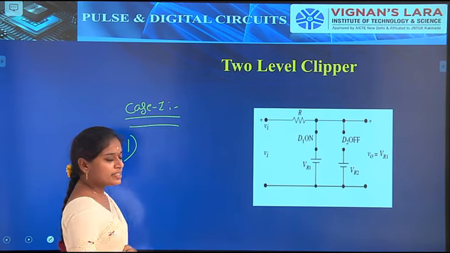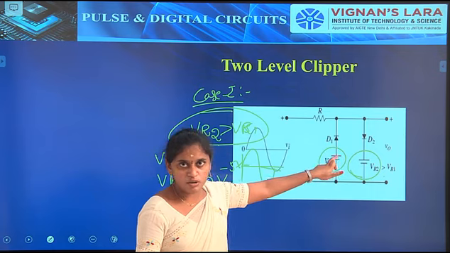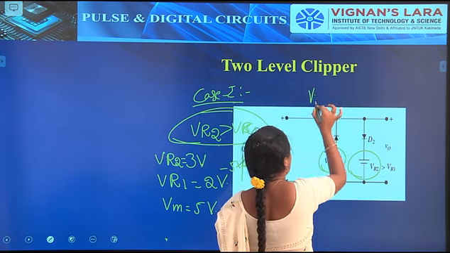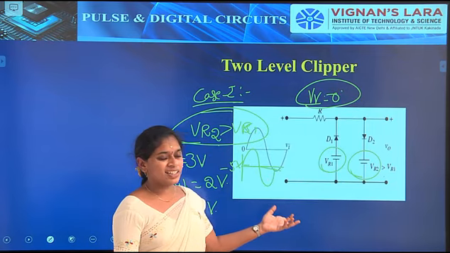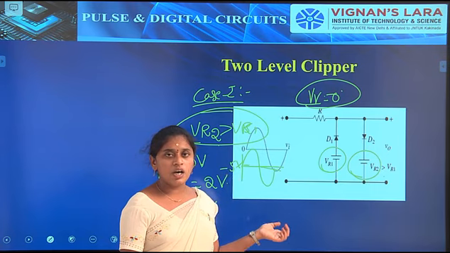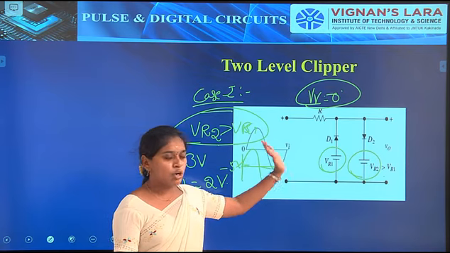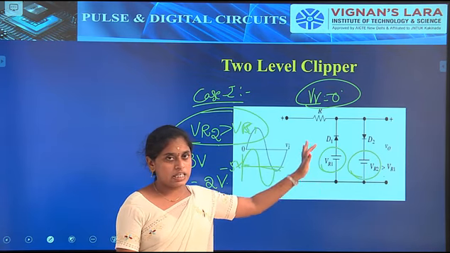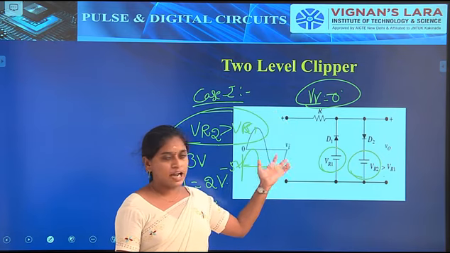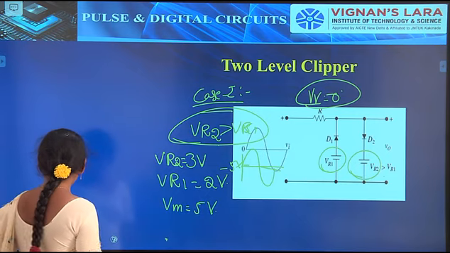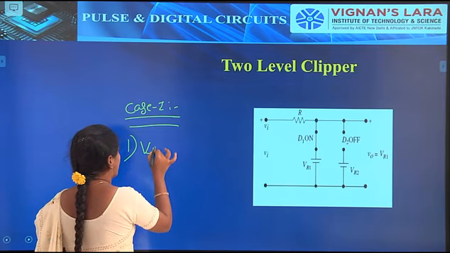In this condition we take the diode as an ideal diode, so V gamma will be 0. That's why we don't concentrate on the V gamma condition. This is not a practical diode; we have to consider an ideal diode, so we don't consider V gamma at the output side. Only the output voltages VR1 and VR2 are considered at the output side, not V gamma. Here V gamma will be 0 because we take the ideal condition only. Then we go for the first condition, that is, the input signal Vi less than VR1.